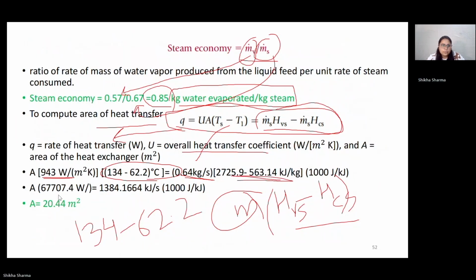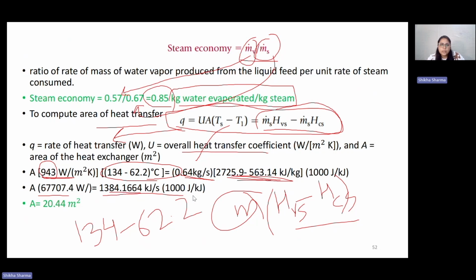So area into 943 multiplied by 134 minus 62.2 would be area into 707.4, equal to, on the right side, 0.64 multiplied by 2725.9 minus 563.41,